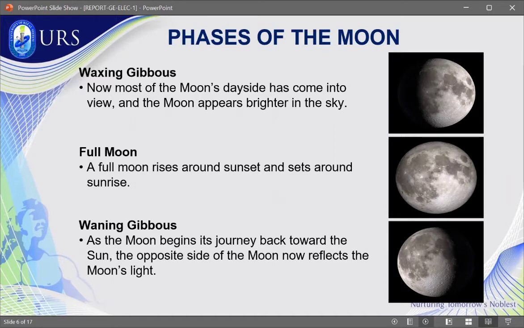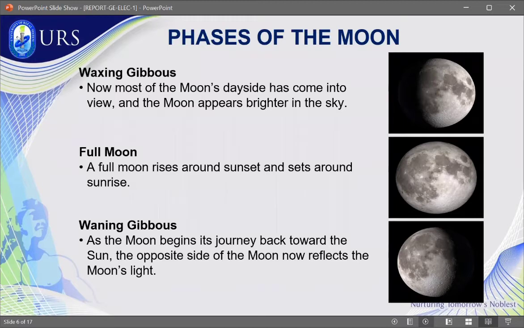Okay, we have the full moon. Ayan na, yung full moon na. Its moonrise was around sunset, and like what I said, moonset was around sunrise. Ang position natin sa space is kapag nag-align yung sun, earth, and moon. Doon natin nakikita yung full moon. Kumbaga, nakatapat siya sa araw, kaya nakikita natin yung pinaka-brighter side niya.